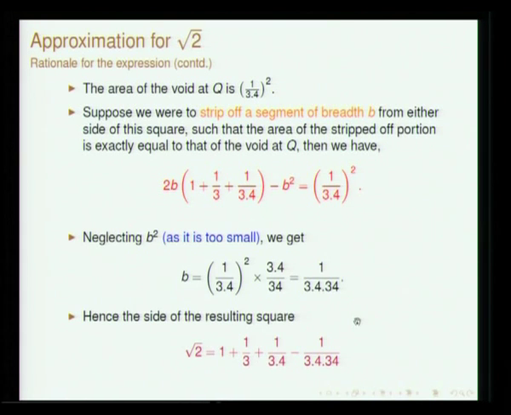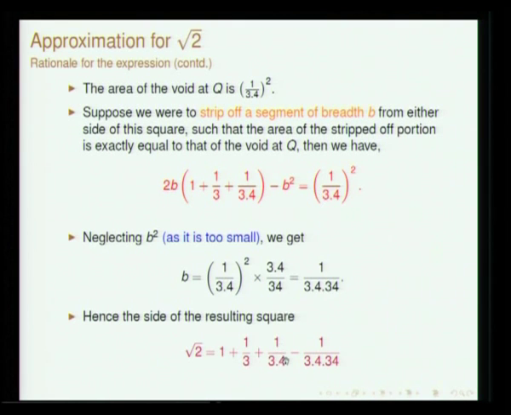The expression that is given in the Shulva Sutras is a very interesting expression in the sense that you will find 3 here, the same 3 appearing added with a 4, and then 3 4 into 34, the next term I think will be 3 into 4 into 34 into 1154 or something like that, and this can go on and on. So, this is a sort of rational approximation for the surd, which will be recurring.